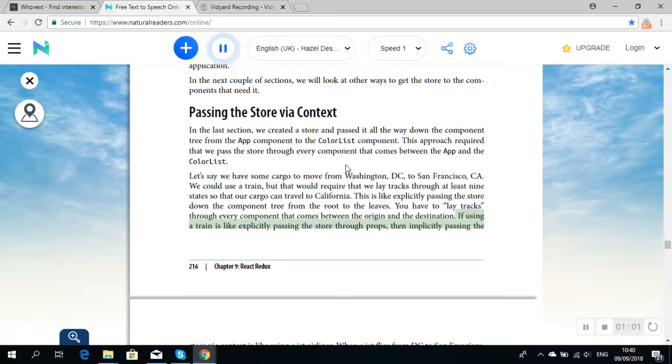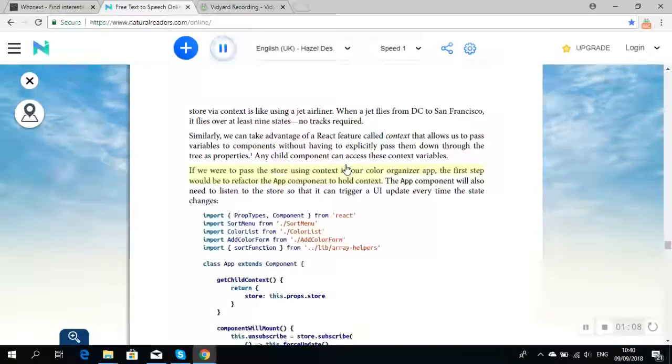If using a train is like explicitly passing the store through props, then implicitly passing the